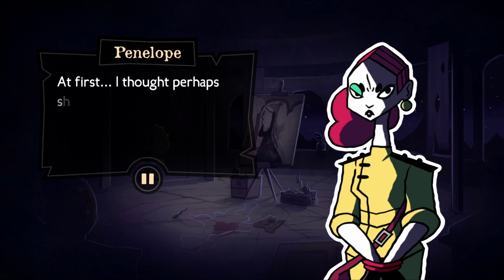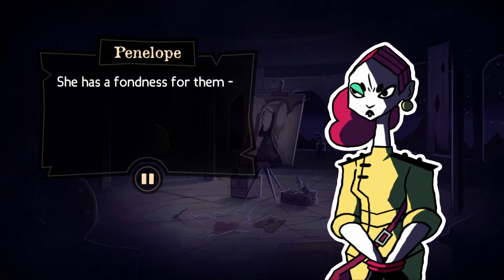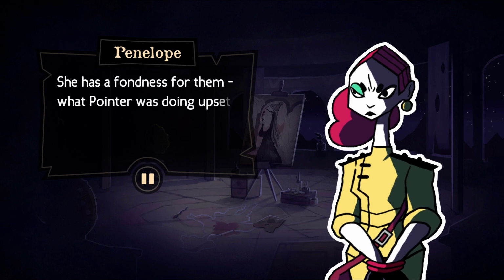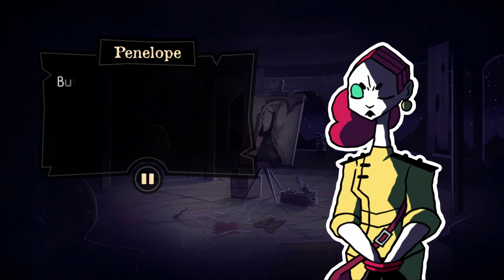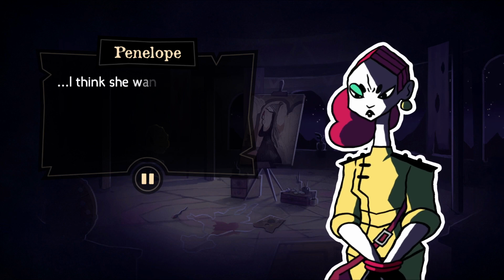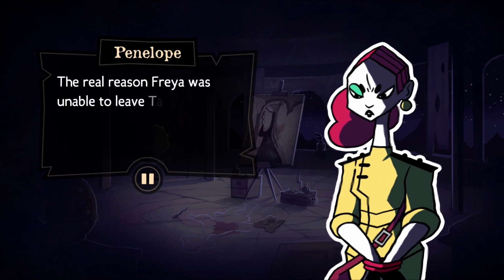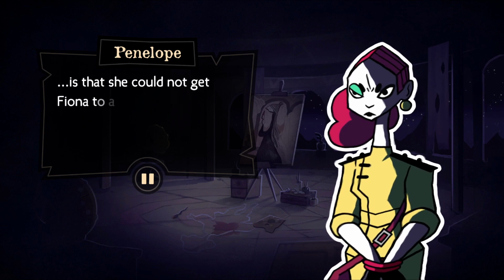At first, I thought perhaps she just wanted to free the beetles. She has a fondness for them. What Pointer was doing upset her significantly. But in fact, I think it was something else. I think she wanted to free Fiona. The real reason Freya was unable to leave Tangle Tower is that she could not get Fiona to agree to